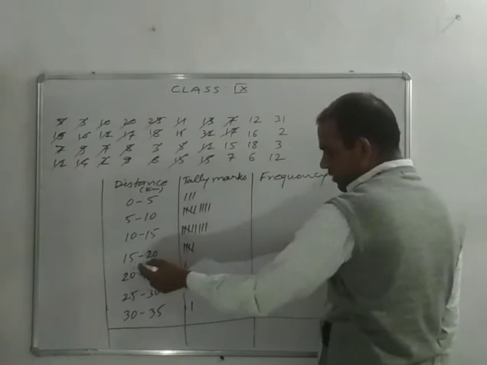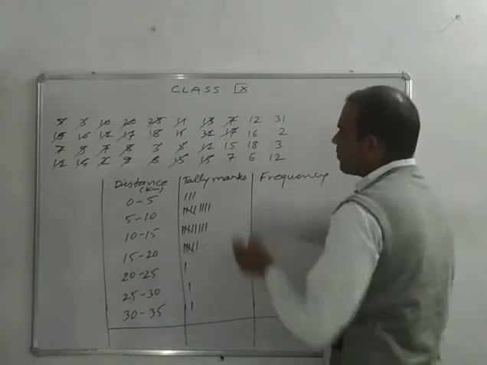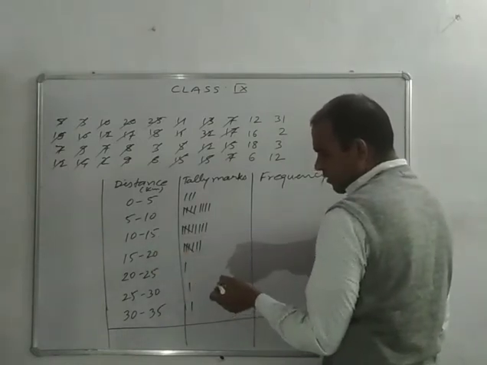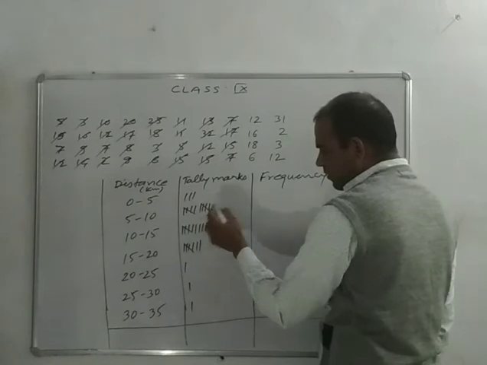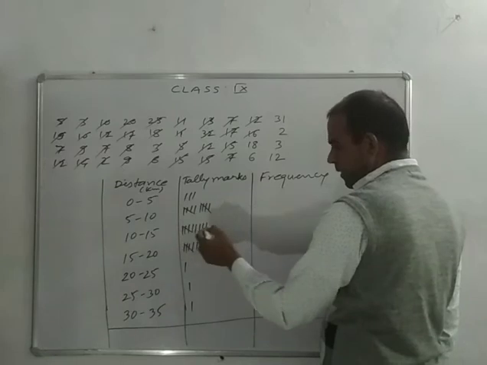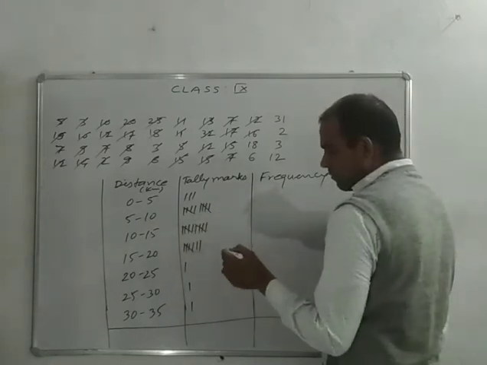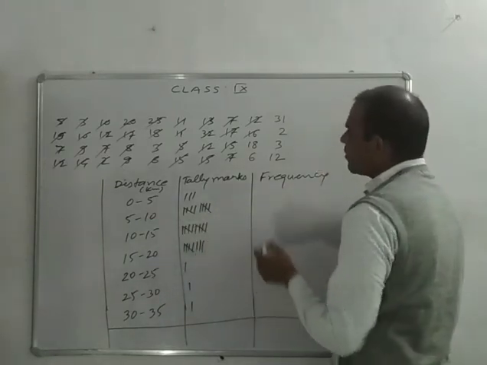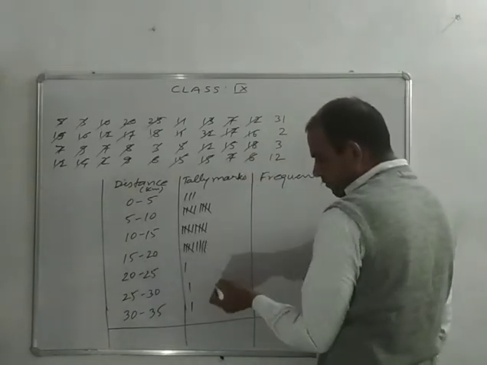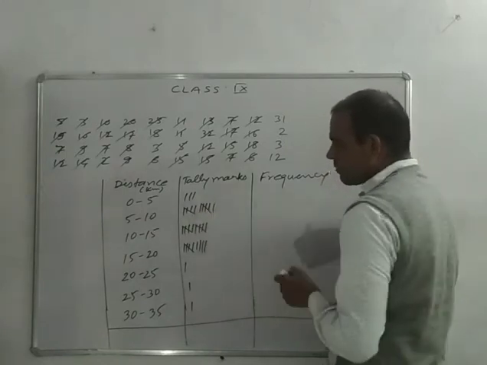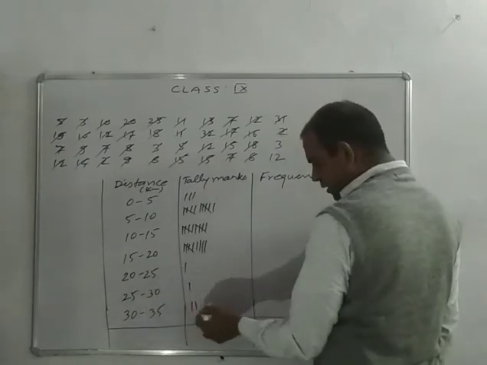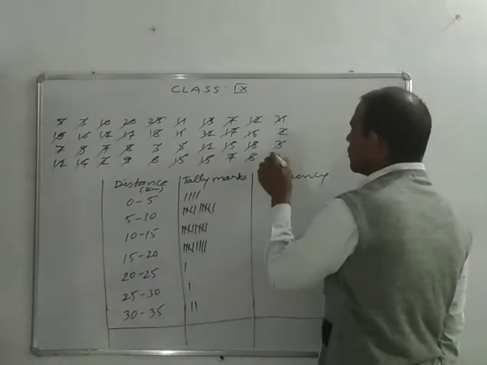7 और 17 यहाँ पर। 15 और 7, ये 7। 12 और 16 यहाँ पर। 18 और 6 हो गए। 31 और 2, ये 31 और ये 2। 3 और 12।